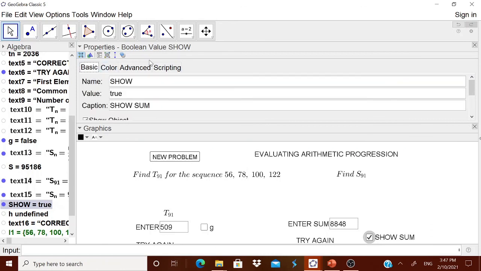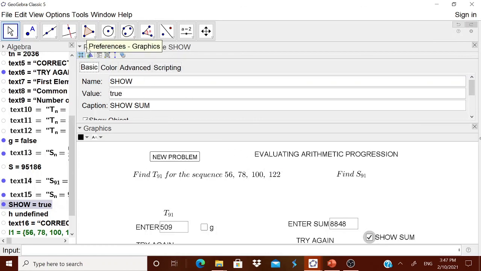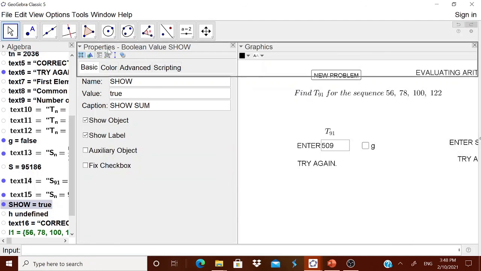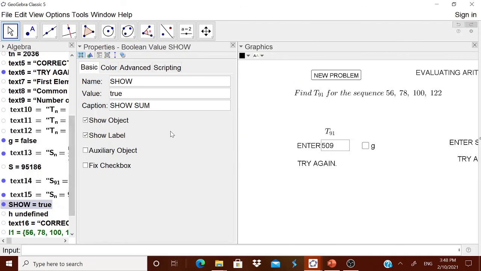Okay, what we are doing is making use of the input box. Making use of that input box, we are making an OK button. By making use of that OK button, whenever I click that OK button, whatever I want, for example if I want to not show something or I want to show something, it will come automatically.